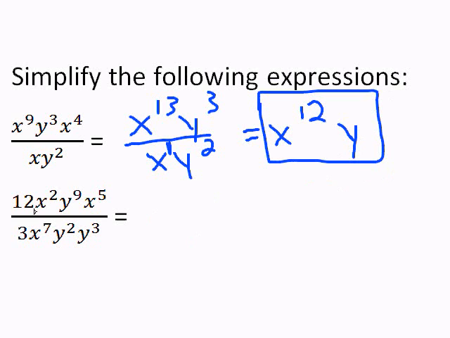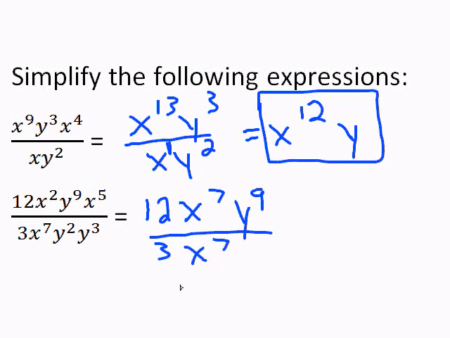Let's look at the next example. Notice it has a coefficient, actually two of them, a 12 and a 3. Anytime that happens, you just go ahead and divide the 12 and the 3. But first, let's simplify the tops and the bottoms. 12 x squared x to the 5th gives us x to the 7th, y to the 9th, over 3, there's an x again, x to the 7th, y squared y to the 3rd gives us y to the 5th. We can now apply the division rule, which 12 over 3 is just 4, but x to the 7th over x to the 7th is 1,